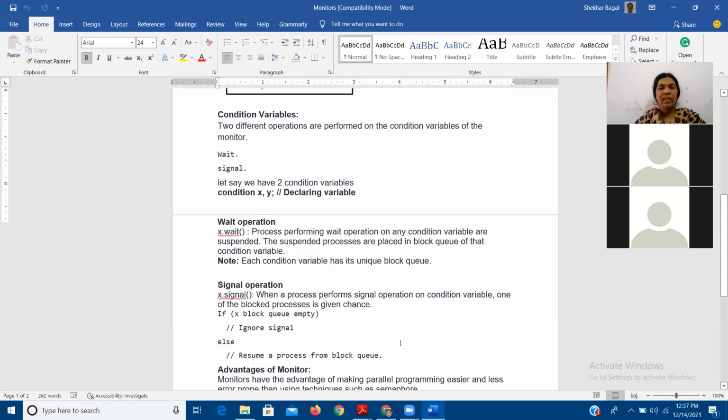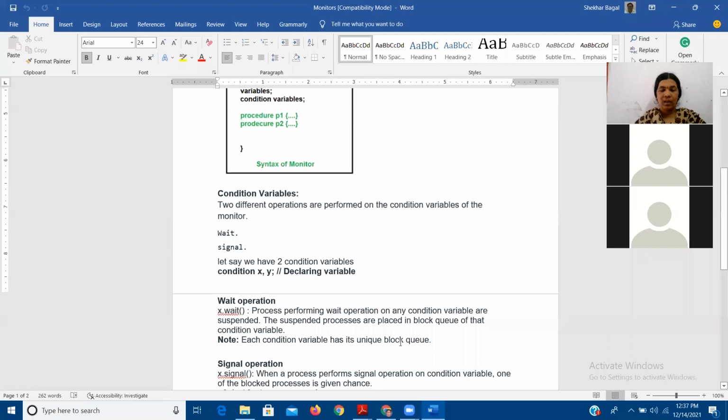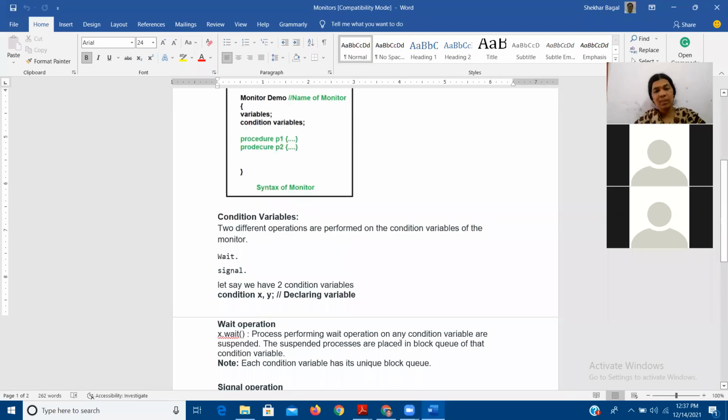You may use condition variables, or you may not use condition variables. Only simple variables we can declare, like the concept of a class which we have discussed in the case of C++.